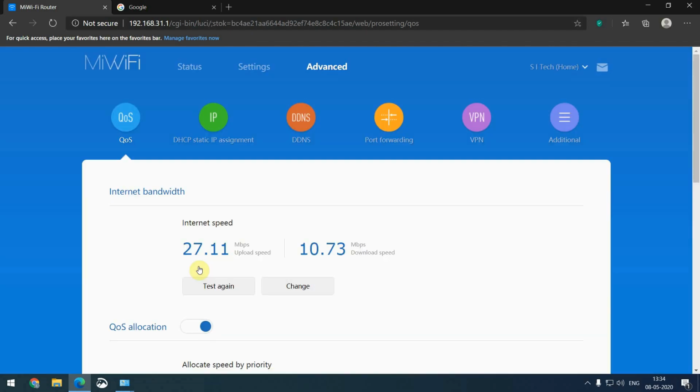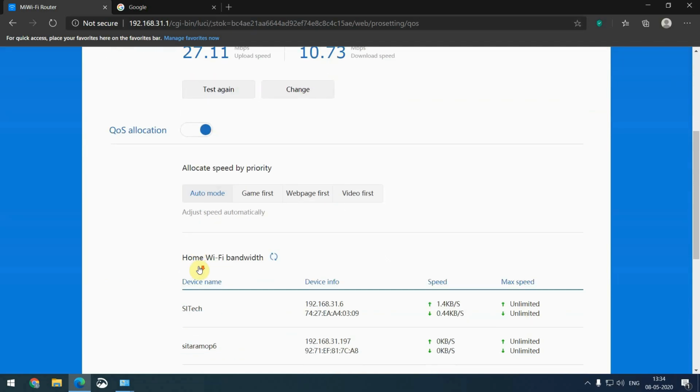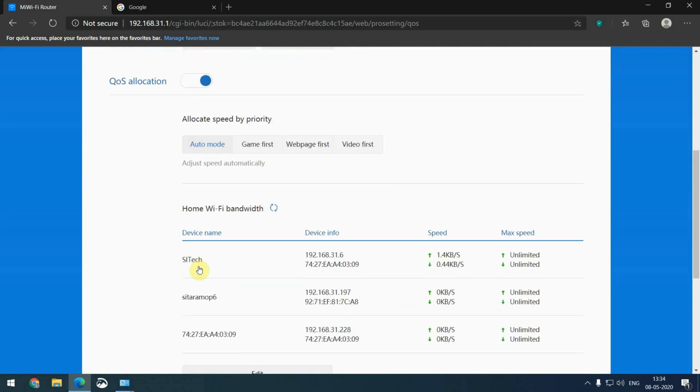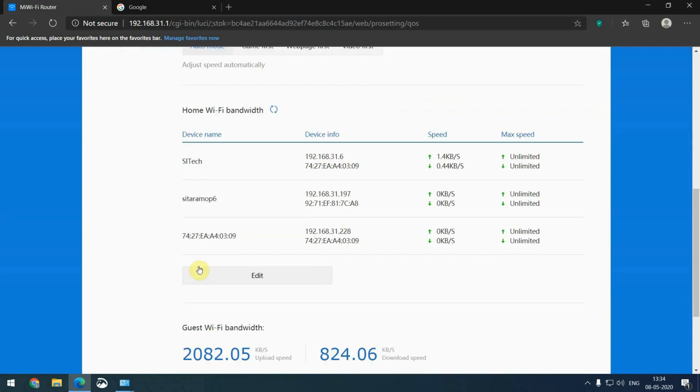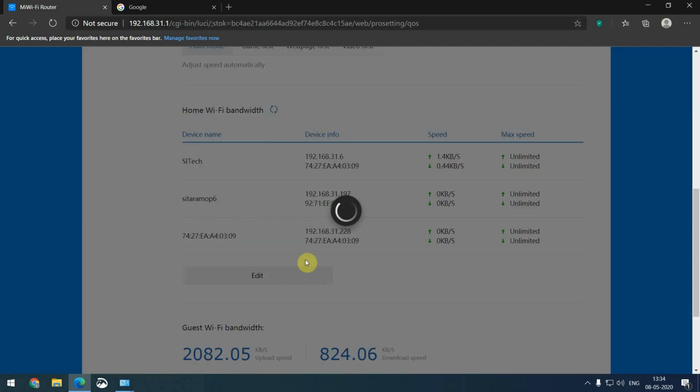In case you have 4 or 5 devices connecting to your Wi-Fi network, and some devices need more bandwidth and some devices need less bandwidth, for that we can do the bandwidth allocation here. So this is the system.